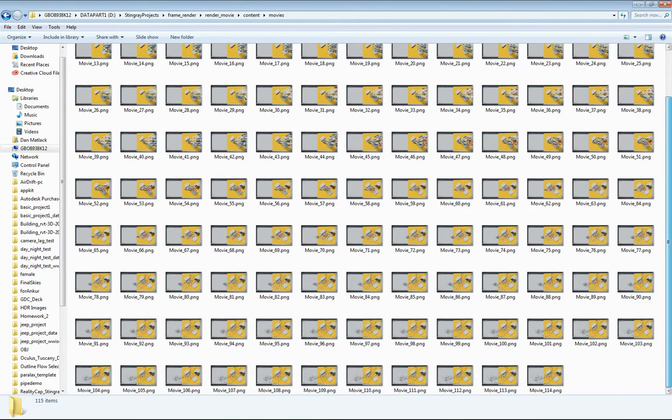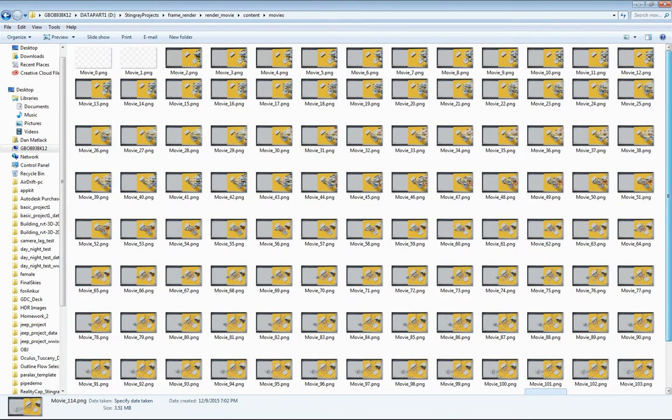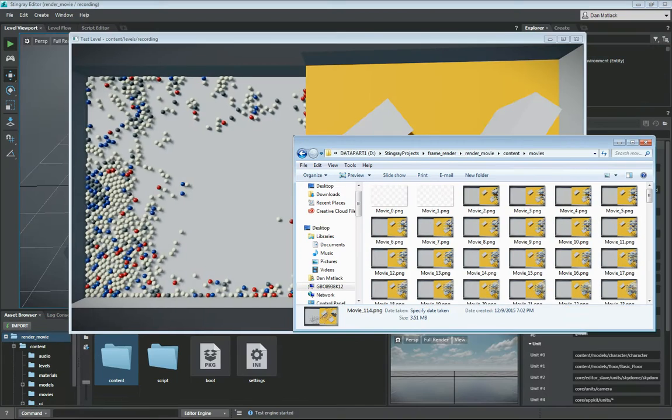So at this point I rendered out 114 different images. And you can use any kind of software, Photoshop, to string these together. There's lots of third-party software you can grab where you can transfer frames into playable movies. And then you can watch this back in real time. So just to recap,